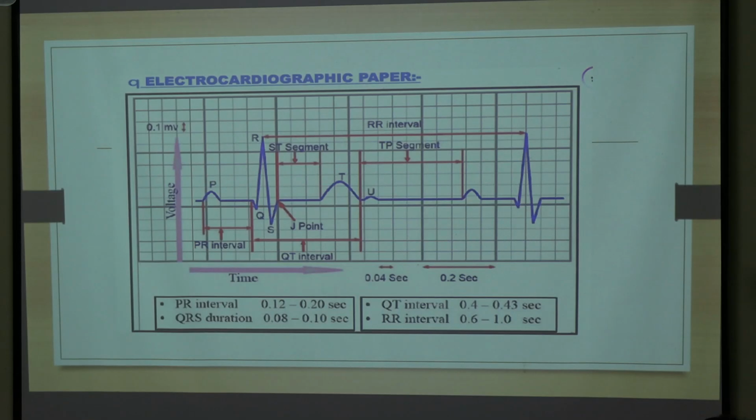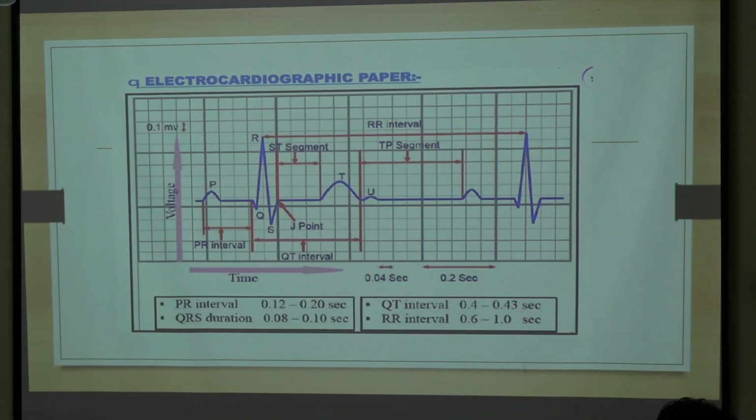And how about the PQ segment and PQ interval? It will be the start of the P wave. The P wave starts from here, right? Then the end will be here. You take a scale, or just roughly from this you can see how many boxes are there. You make a straight line from here to here, then see how many boxes are there. You can take the help of a scale, or count roughly.